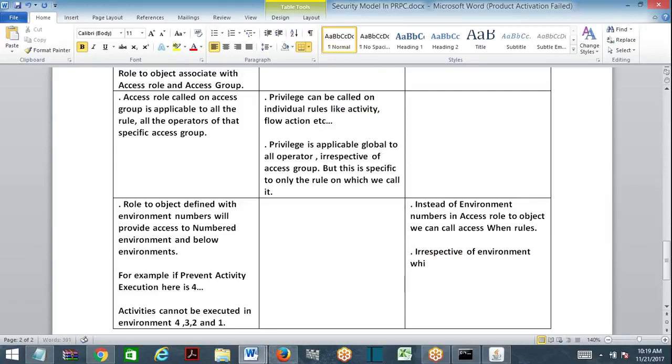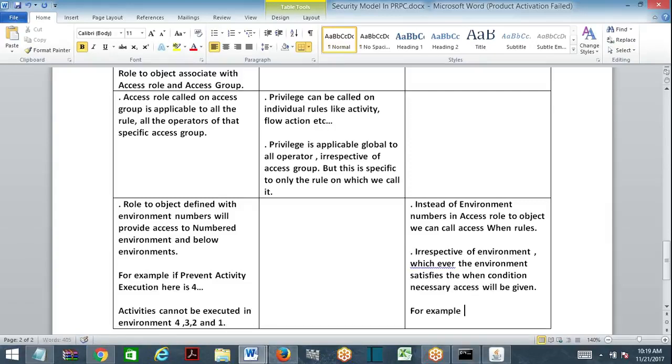Whichever environment satisfies the when condition, the necessary access will be given.